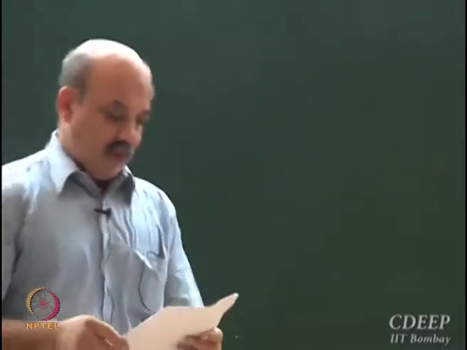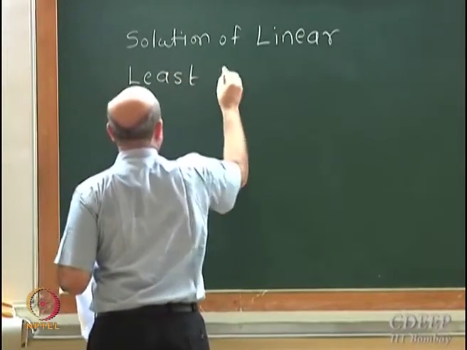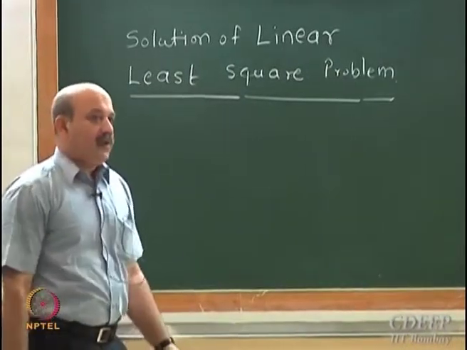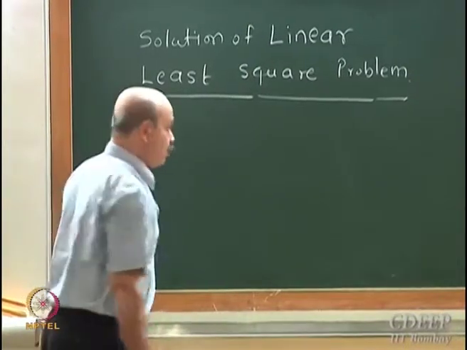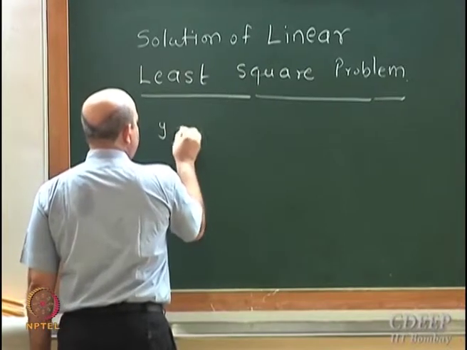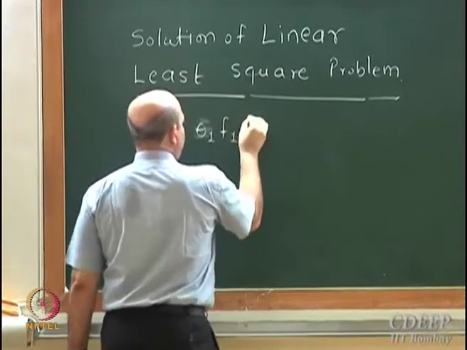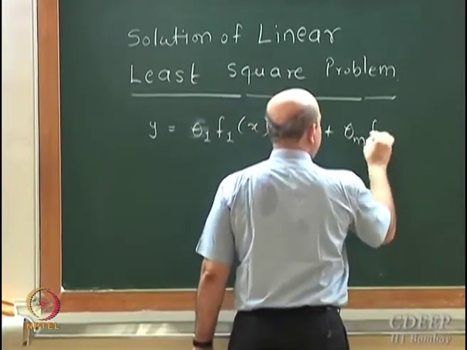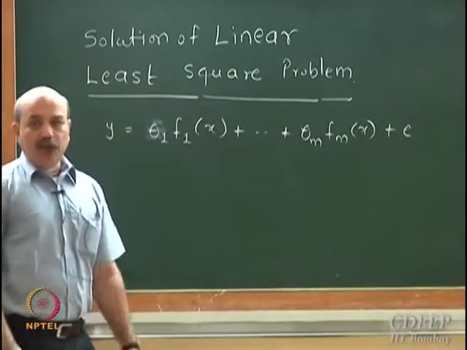So just to have a recap, this is just solution of linear least squares. Okay, we have collected data and we have some model. This model could be, in general, y is equal to theta 1 f1(x) plus ... plus theta m fm(x) plus error. In general, you have a model of this form where